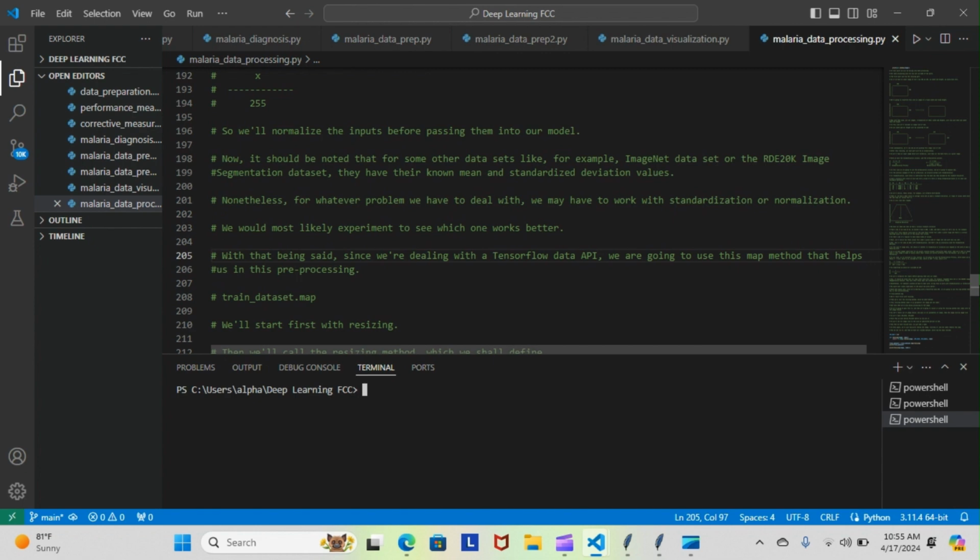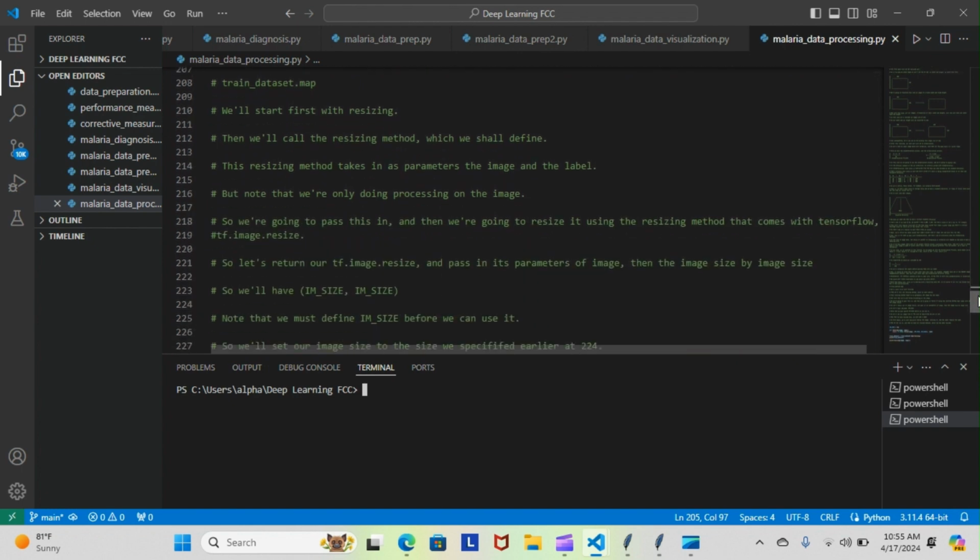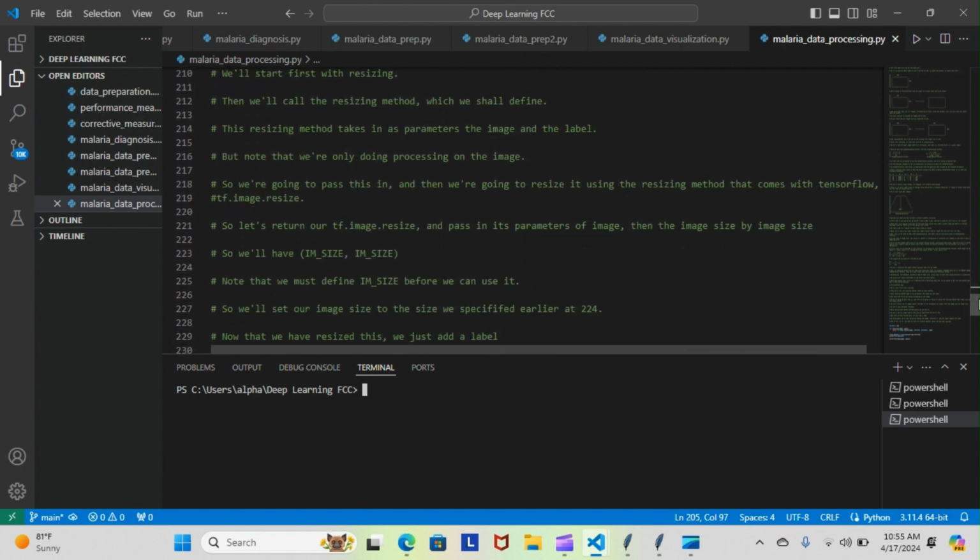With that being said, since we're dealing with the TensorFlow data API, we are going to use this .map method that helps us in pre-processing. So this is it here, train dataset.map. We'll start first with resizing. Then we'll call a resizing method, which we shall define. The resizing method takes in as parameters the image and the label, but note that we are only doing processing on the image. So we're going to pass this in and then resize it using the resizing method that comes with TensorFlow,